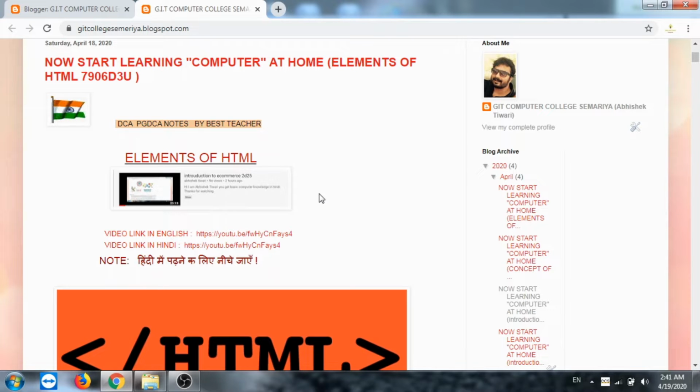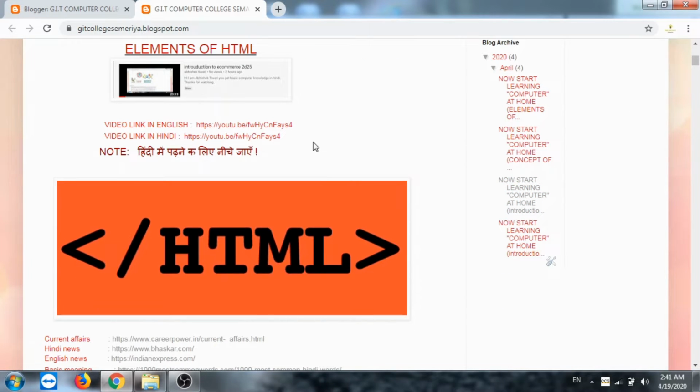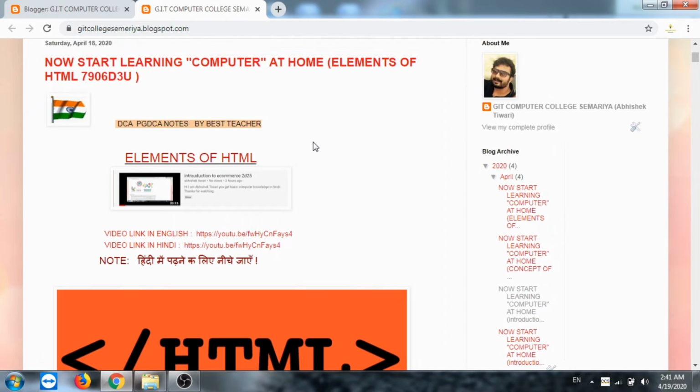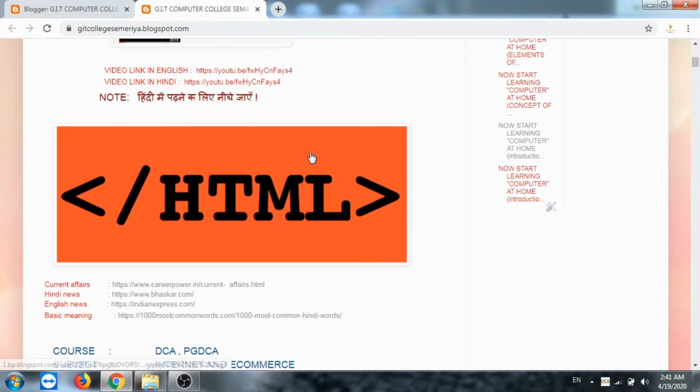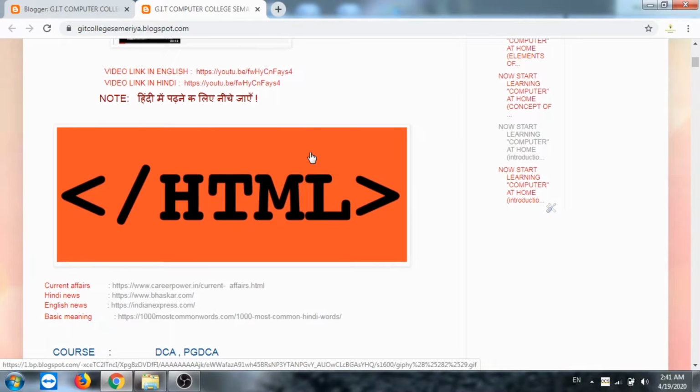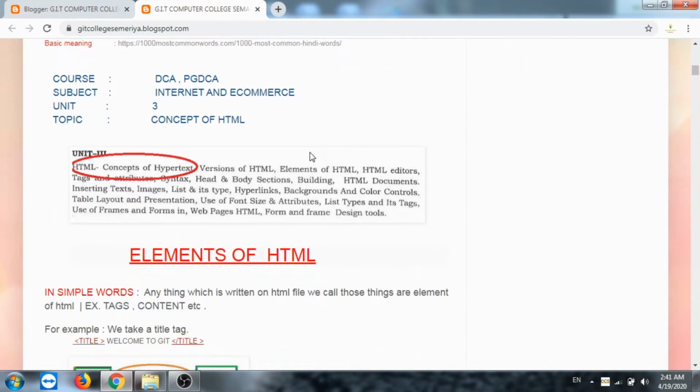Means anything written inside an HTML file is called an element. It may be a tag or content, depending on the file, but basically an element is the part of an HTML file which is written inside the file. So the main thing to remember here: tags and content are the elements of an HTML file.